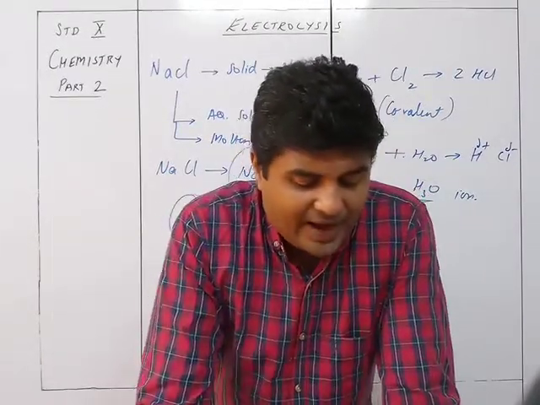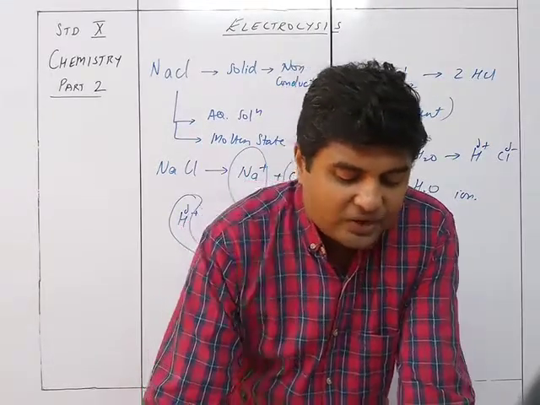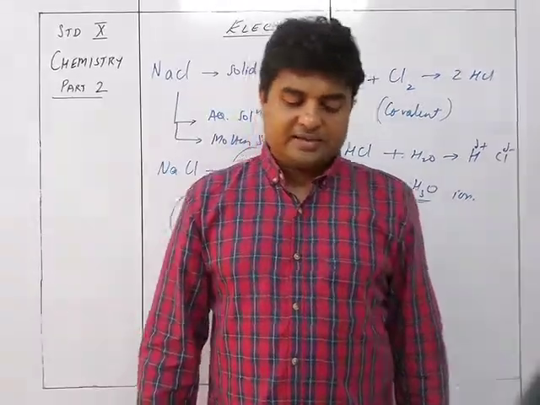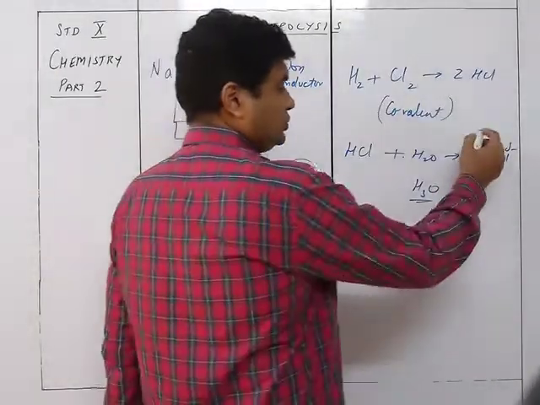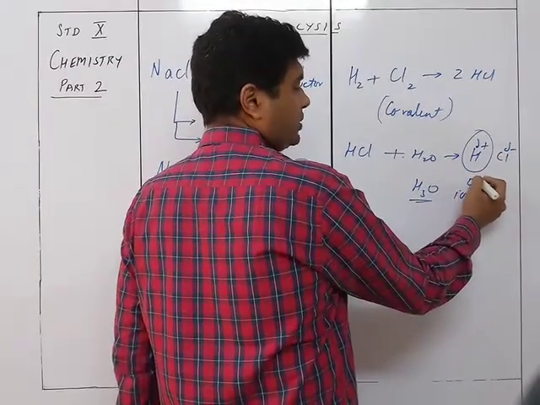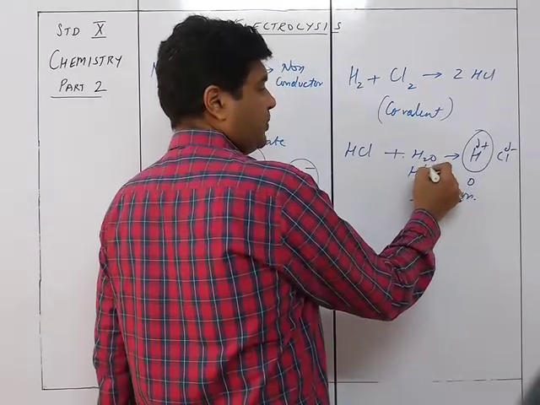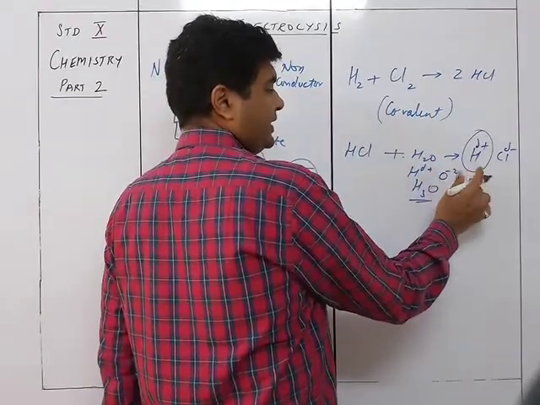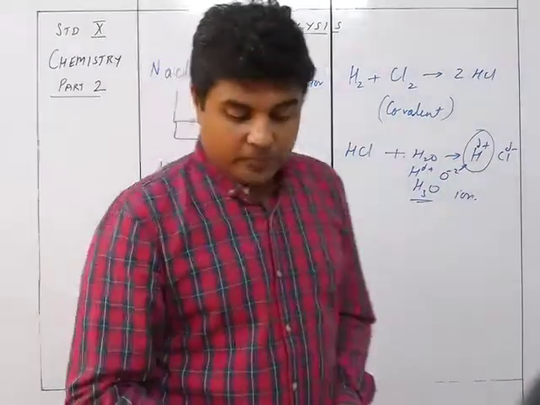When hydrogen chloride is added to water, a polar solvent, the slightly negative charged oxygen atom of the water exerts an electrostatic pull to the positive charged hydrogen. So this H2O is going to be attracted towards the oxygen. H2O is also like this: H is differentially positive and O is differentially negative. So this negative is going to be attracted over here, and so